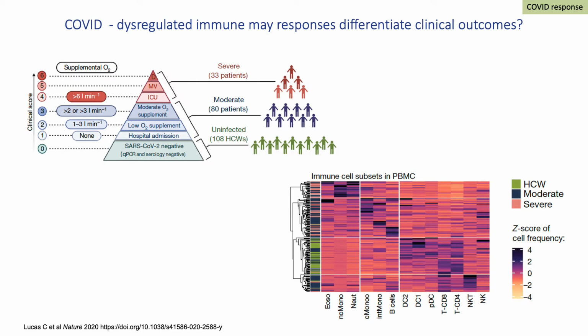cells, and you'll see that there is a group of patients who have high levels of monocytes, neutrophils, that being the dark color as opposed to the light yellow, and lower levels, for example, of CD4 and CD8 T cells. And that group turned out to be the group that suffered most severe disease. And that's an indication, if you like, that there may be some innate immune component to that process.